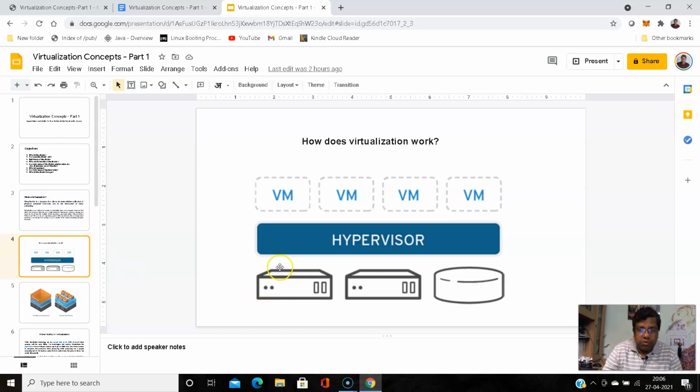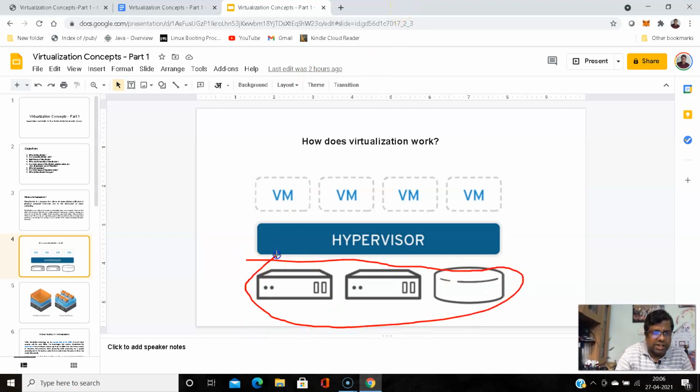These are the underlying hardware, that is the physical servers, over which there is a software that runs.